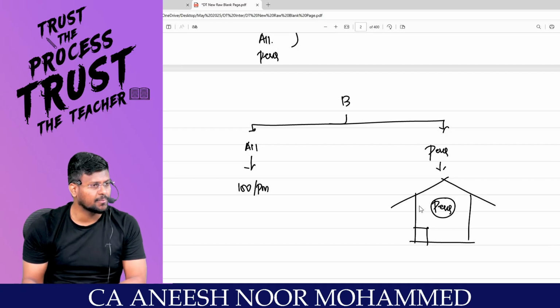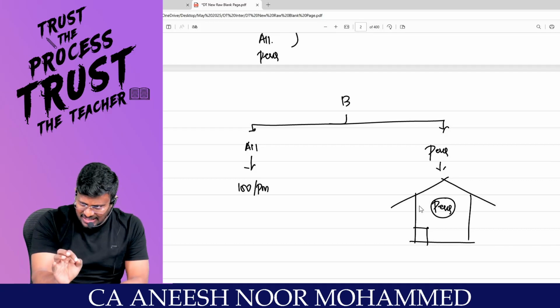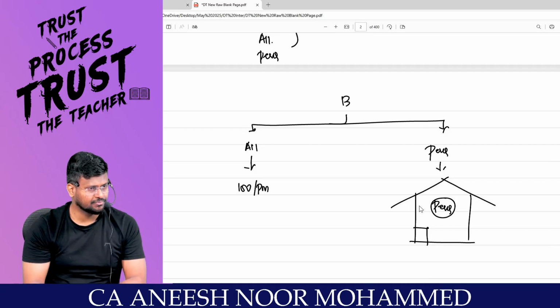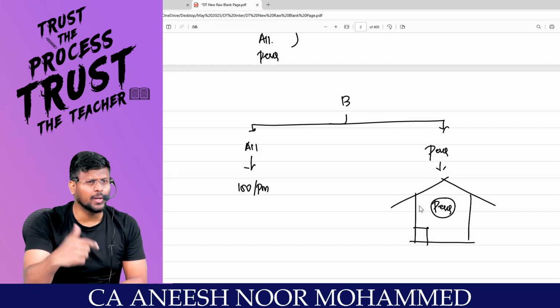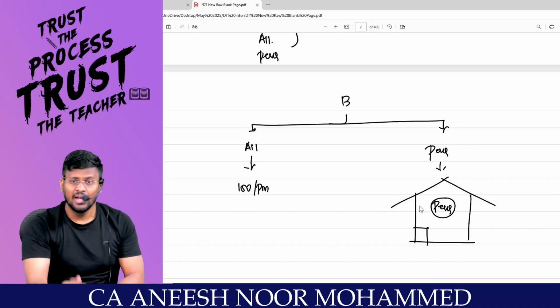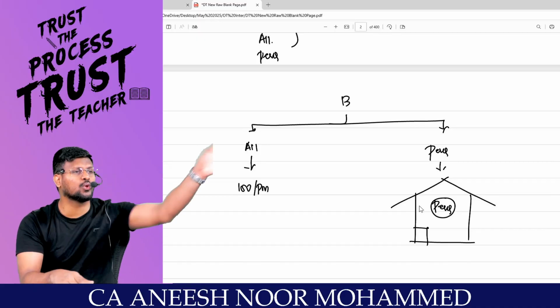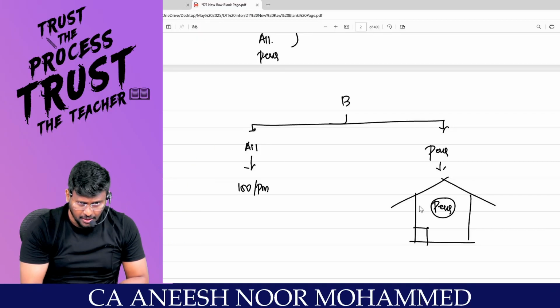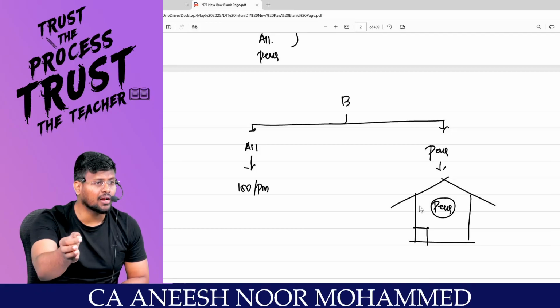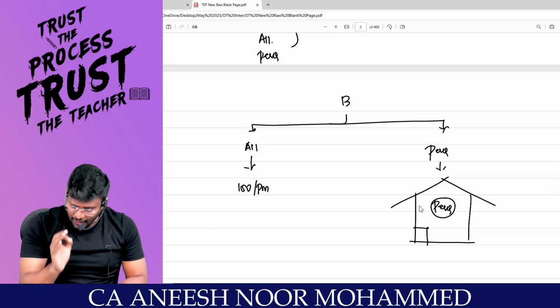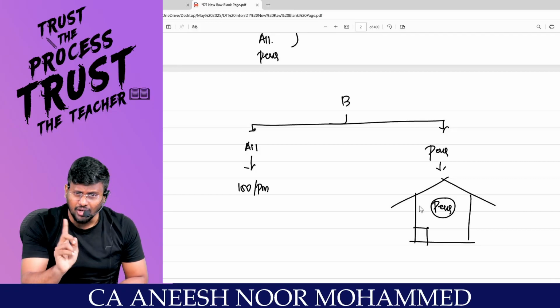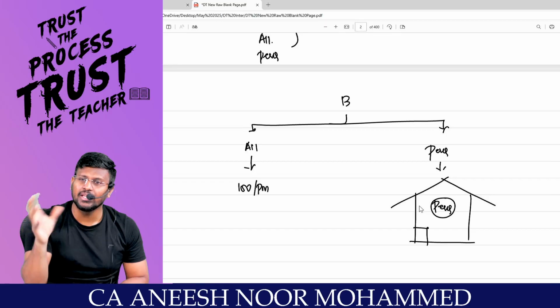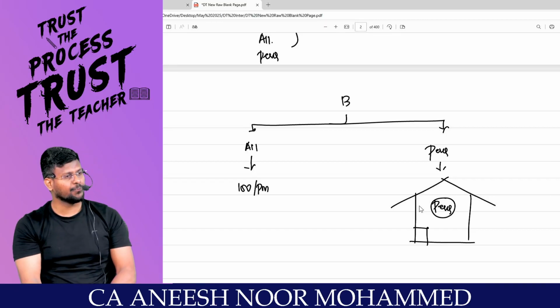So allowances mean monetary consideration. Allowances mean what? I will pay in cash. The employer will pay in cash: keep this rupees 100, and with this 100, you take care of a particular expense. Perquisite means I will give you a car. I will give you a home. I will give you medical facility. I will give you education facility. I will not give it as cash. I will give it in kind. Are you all really with me?